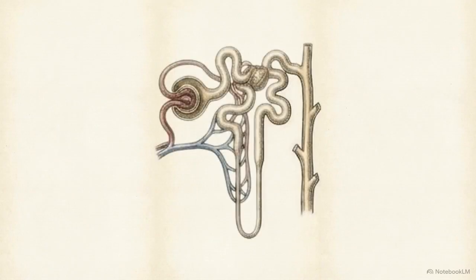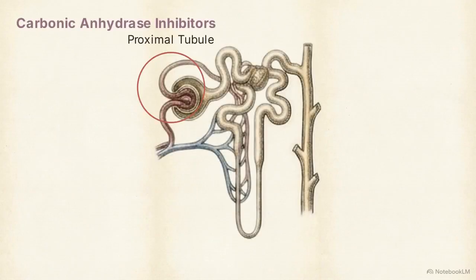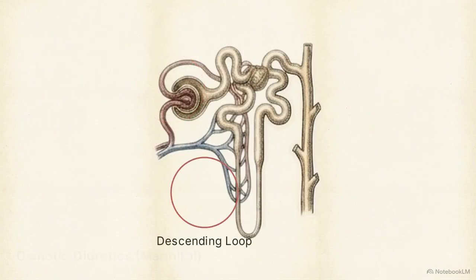Carbonic anhydrase inhibitors act here in the proximal tubule, causing alkaline urine and metabolic acidosis. They are primarily used to decrease intraocular pressure or CSF production. Osmotic diuretics like mannitol increase tubular fluid osmolarity to decrease water reabsorption, though they can trigger pulmonary edema in patients